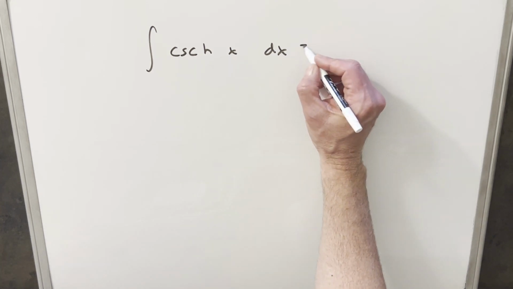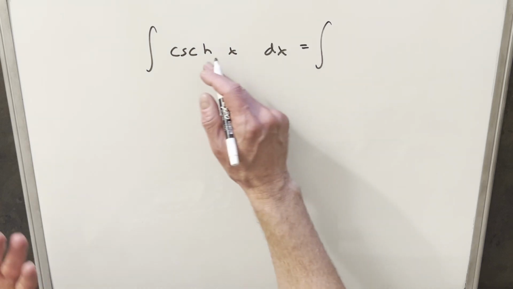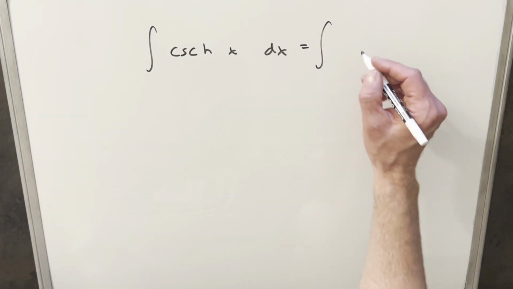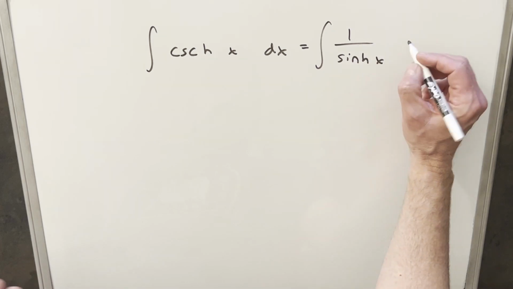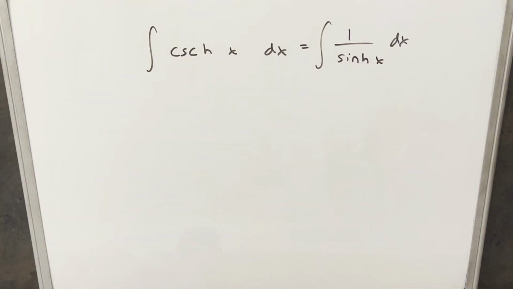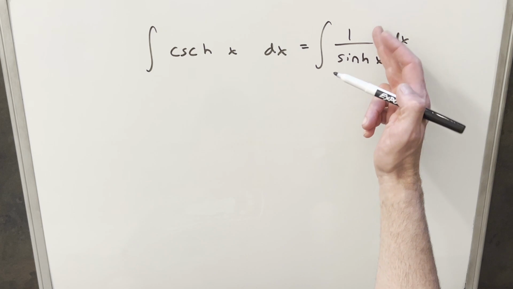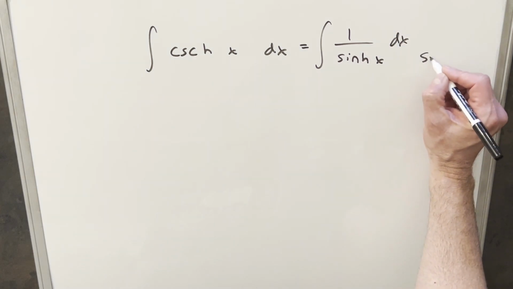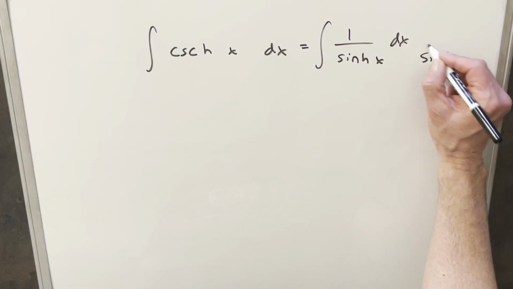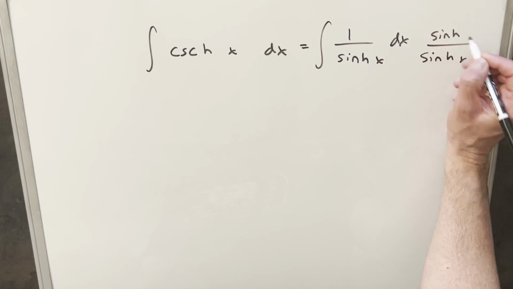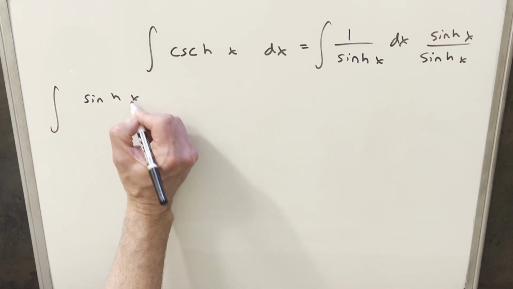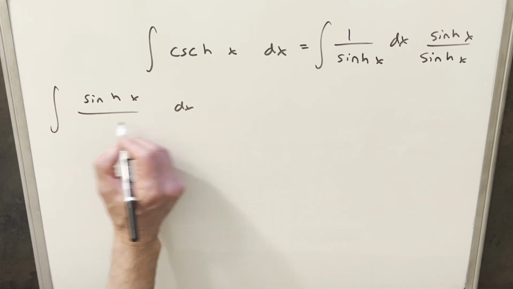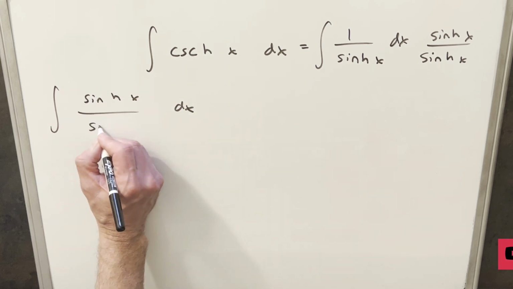So to get started with this, I'm actually just going to rewrite this. What I can do for hyperbolic cosecant is just write it as 1 over sinh of x. And what I want to do is a u substitution, so I need something in the numerator. What I'll do is multiply numerator and denominator by sinh of x. So rewriting this over here, we'll have sinh x dx, and this is going to be all over sinh squared